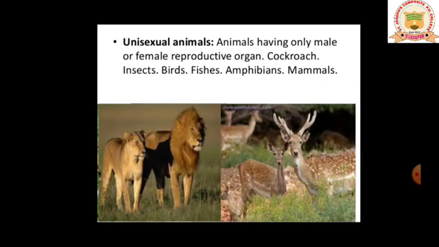So coming to the unisexual animals, in case of them we call them dioecious. I hope you remember. Animals having only male or female reproductive organs, we call unisexual animals. Examples: cockroach, insects, birds, fishes, amphibians and mammals. So male and female reproductive parts are present in different organisms. Such organisms we call unisexual animals. Please do remember the terms which are used for particular plants and animals with their